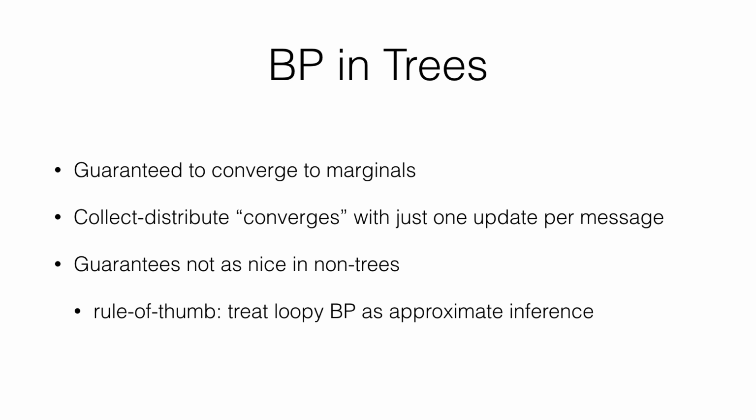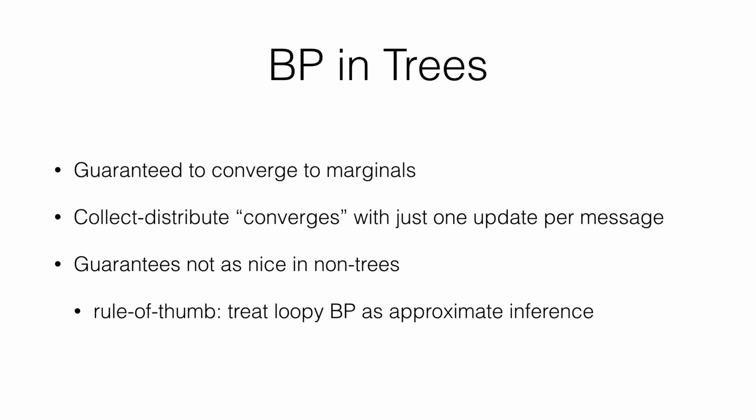So as a rule of thumb, you can treat loopy belief propagation as approximate inference. There have been certain structures identified in research where this is not the case, where it's actually a guaranteed approximation or guaranteed exact inference. But in the worldview where we think of Markov random fields as general purpose models where we can go in and change the structure as modelers, the best thing we can do is hope that we can get a good approximation with loopy belief propagation. Okay, so